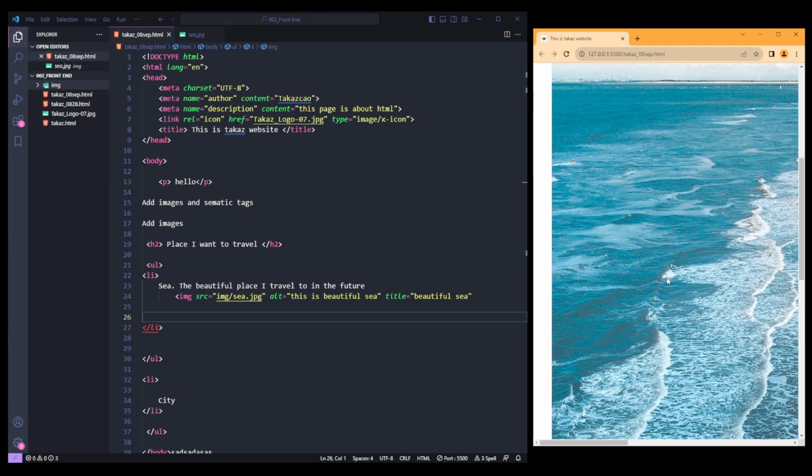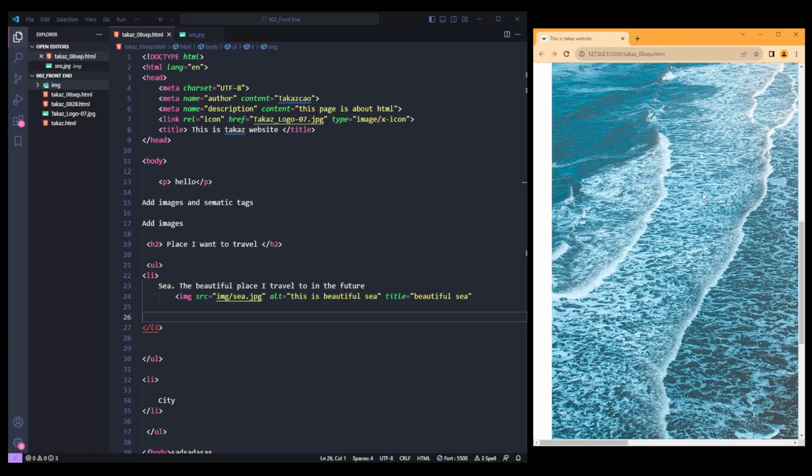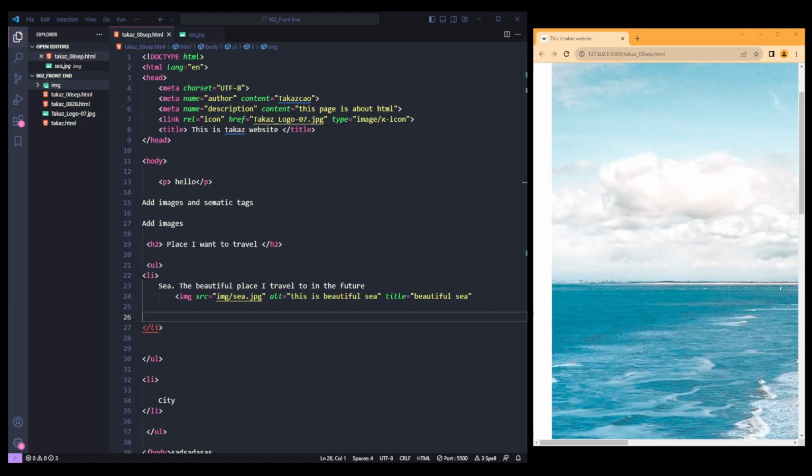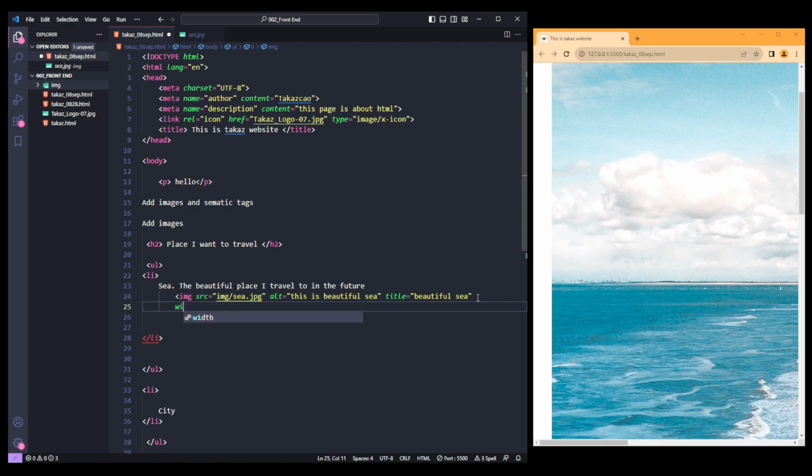Oh yeah. The image has to go inside the browser, and then we set up something like the width and the height. Right, we have the width, maybe width equal 200 or maybe 500, and